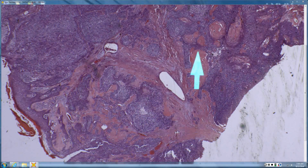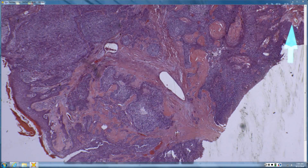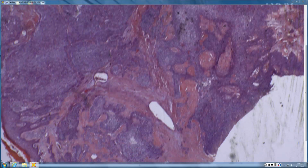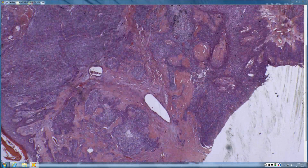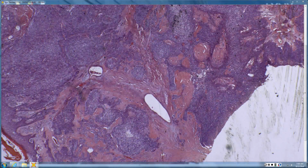Some sclerotic hyalinized stroma that looks almost like osteoid and surrounds blood vessels. And that kind of stroma, osteoid-like stroma, is characteristic of what group of tumors? The acrospiroma group. It's so characteristic that it's called